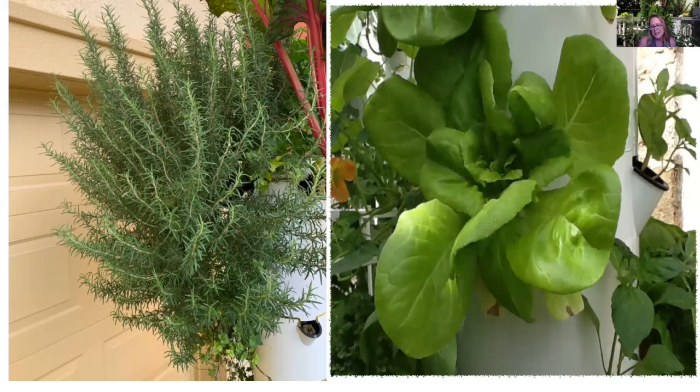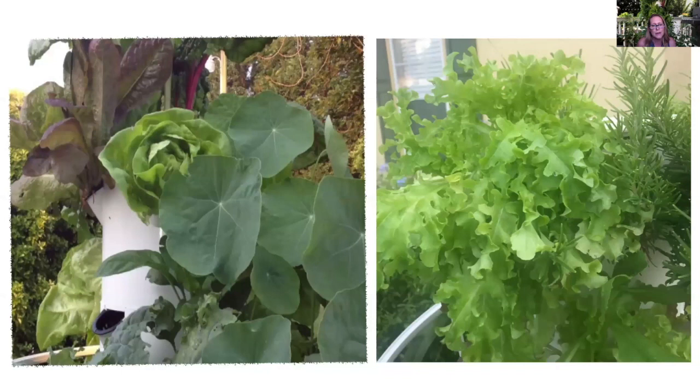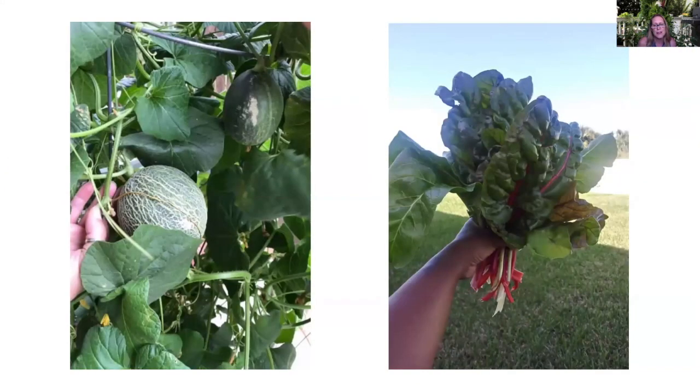And lettuce. What's really great about the lettuce, you can pluck off the leaves or pinch off the leaves, or you can take the whole head and then plant a new one and rotate. So however you choose to garden. I love a variety of different Swiss chards and lettuces, lots of greens,